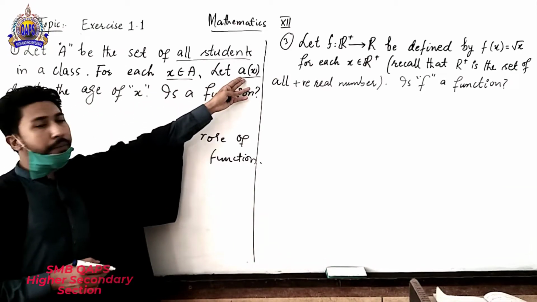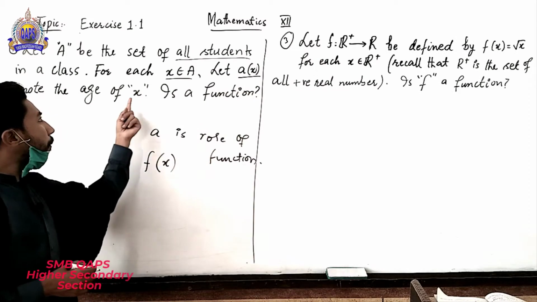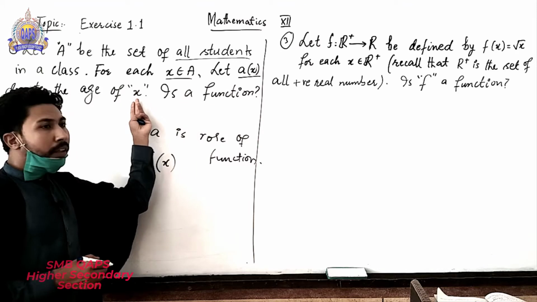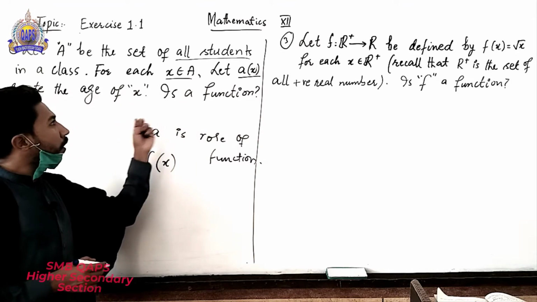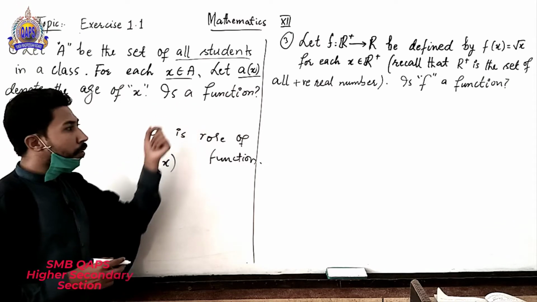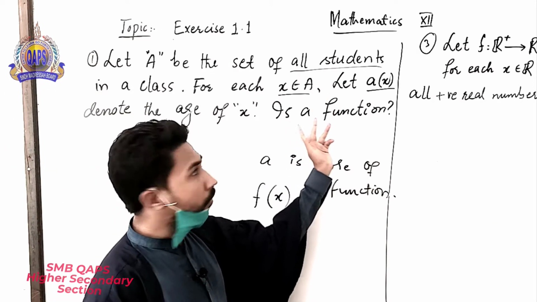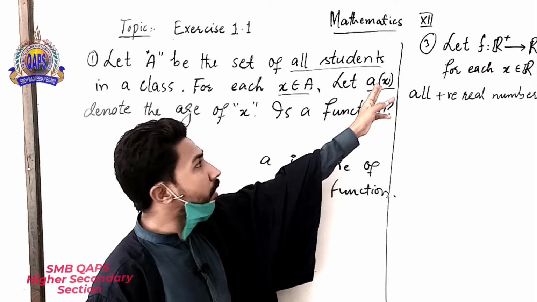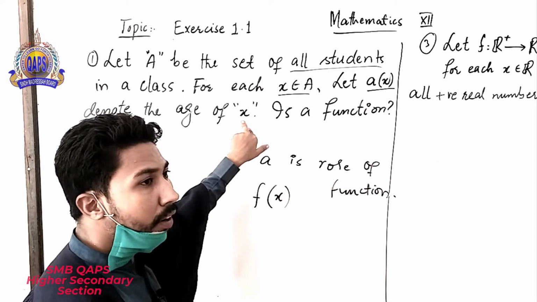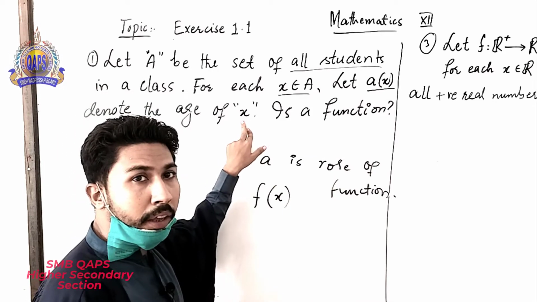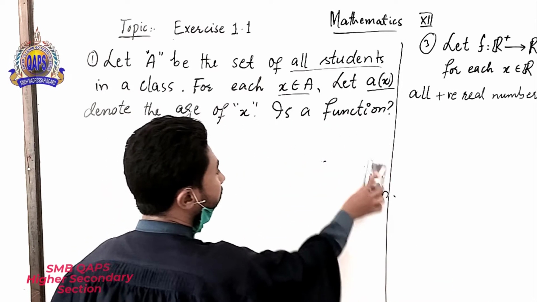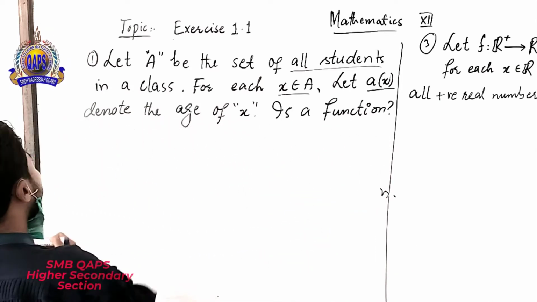This is basically the function, and the function represents the element of the set or variable x, and the question is whether this is a function or not. A of x contains the function of the variable x. So x represents each student in a class. So here the solution is that, let's suppose,